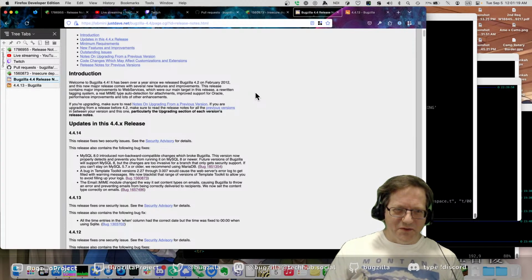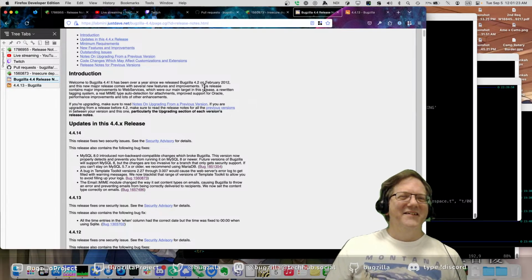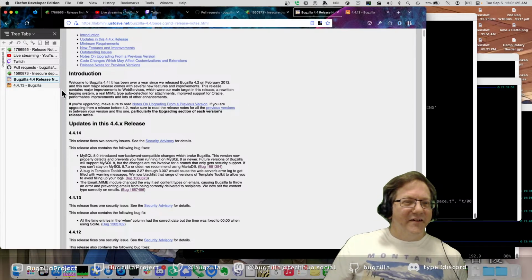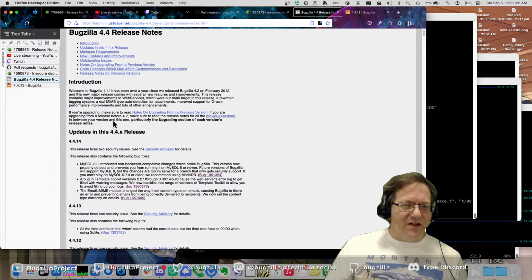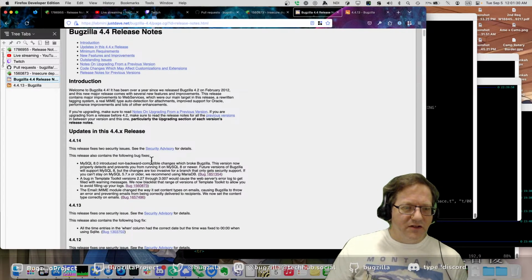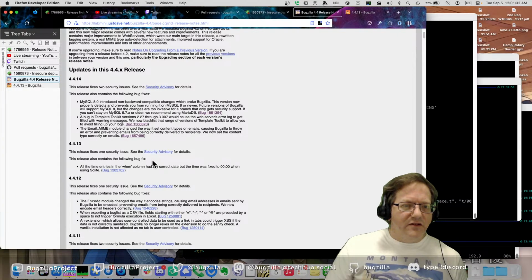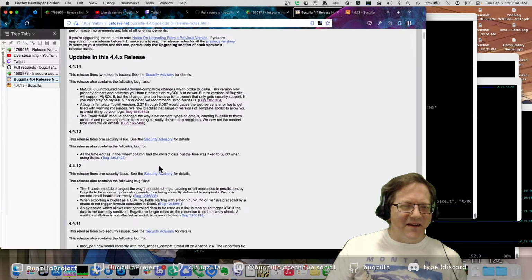People are boosting the tweets, or toots, or whatever you call it on Mastodon. Okay, what am I looking for? Oh, the 4.4.14 release notes are bigger than the 4.4.13 ones were. Wasn't expecting that.